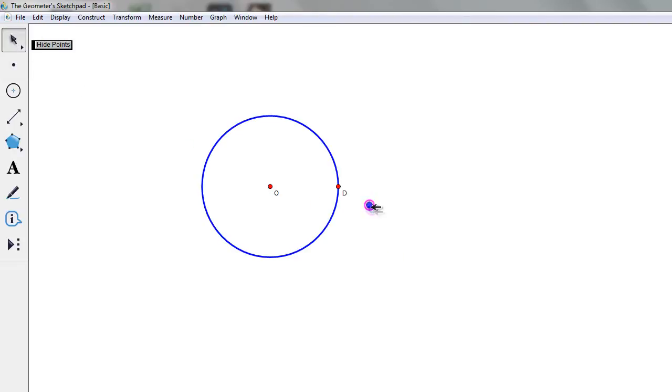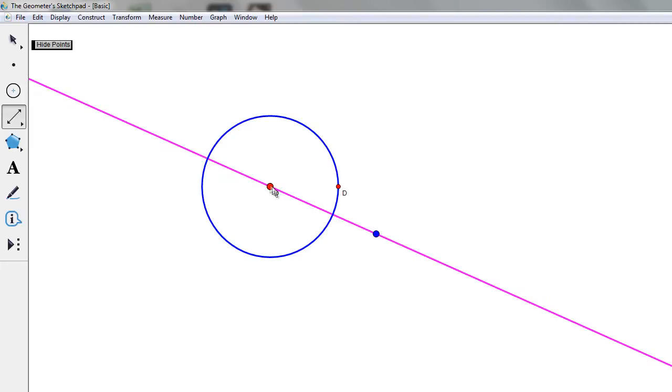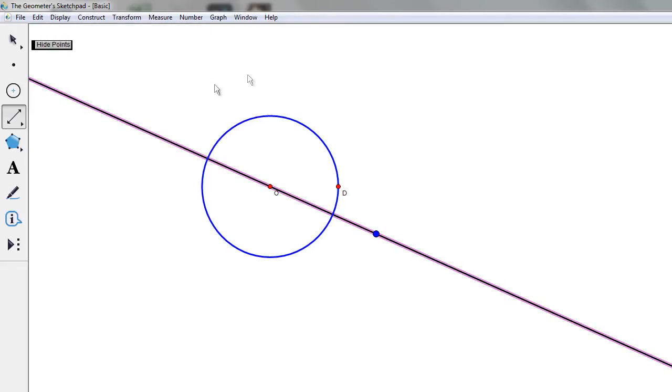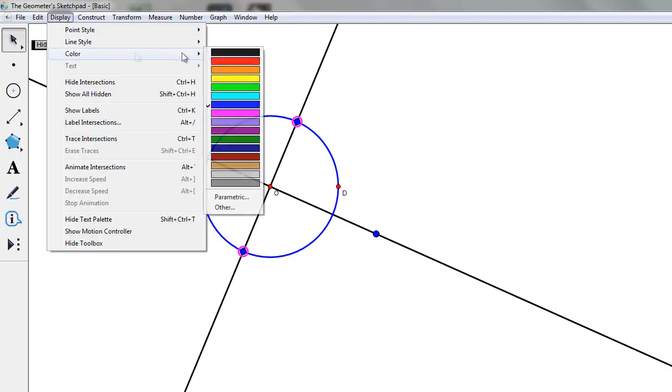Now what I'm going to do is I want to have 2 lines that go through this point and meet the circle. Well, that can be done in various ways. I'm going to do it in a way that's kind of consistent. So I'm going to first create a line between this point and the center of the circle. The line doesn't have to be pink. Let's make it something a little bit less bold, say just black. And then from this line through the center, I'm going to construct a perpendicular line with the sole purpose of getting these 2 points here, and let's make them say gray.